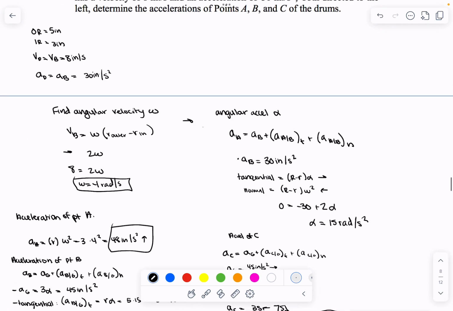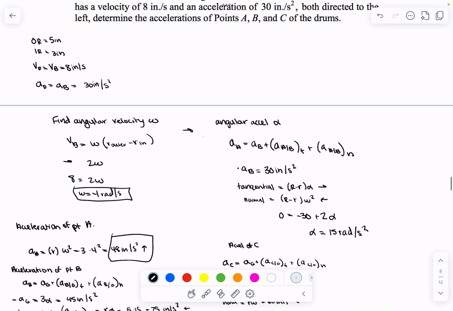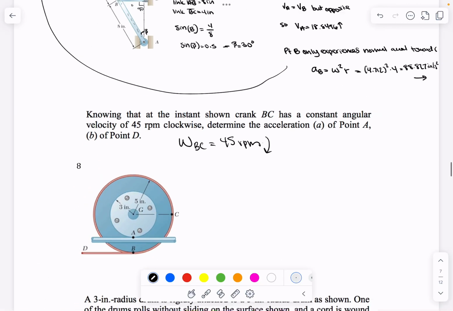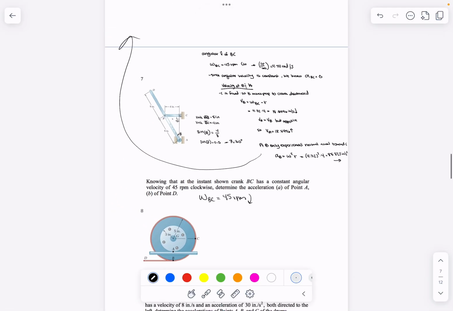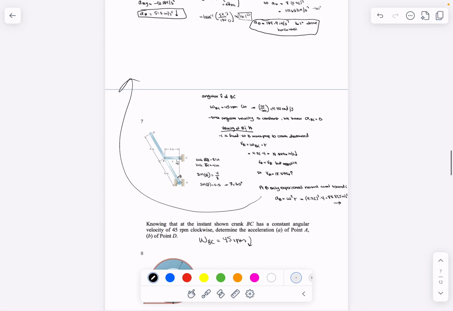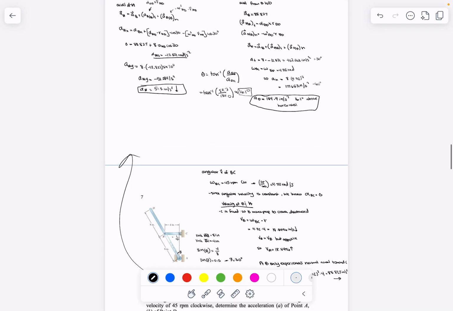And that's above the horizontal. Question 7. Knowing that at the instant shown, crank BC has a constant angular velocity of 45 RPM clockwise, determine the acceleration A of point A and of point D. So,